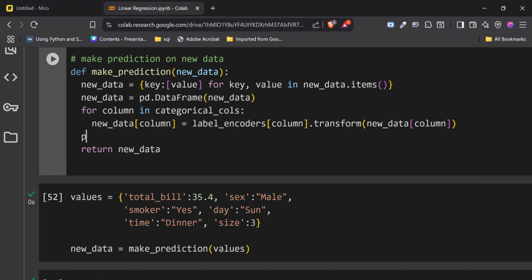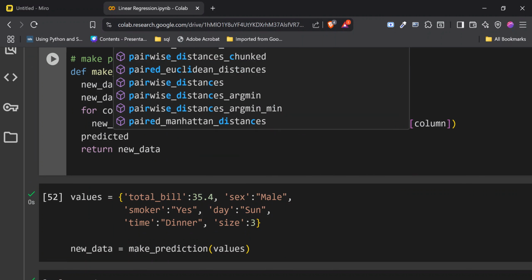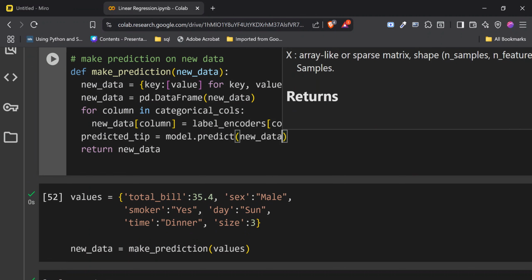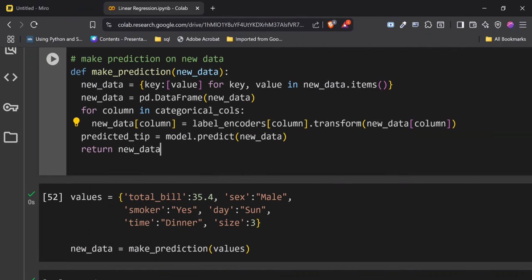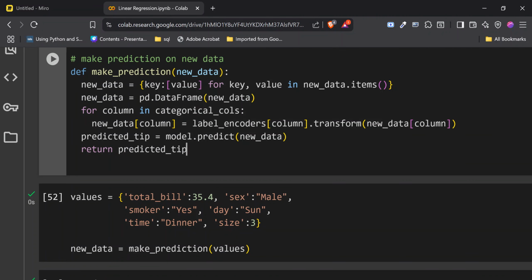We just come here and say predicted tip is going to be equals to model.predict. And what are we trying to predict? We are trying to predict new data. And here we return predicted tip. Perfect.